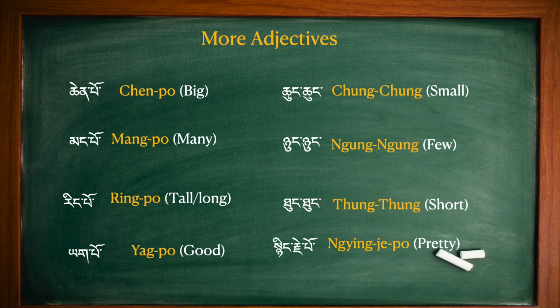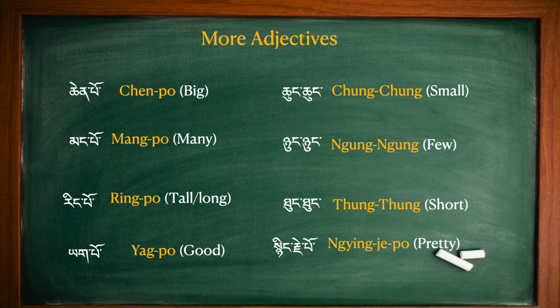Good in Tibetan is yakpo. So good boy is pu yakpo. Girl in Tibetan is pomo. So good girl is pomo yakpo. We can use yakpo for good things or object as well. For example, if you were to say good wood,